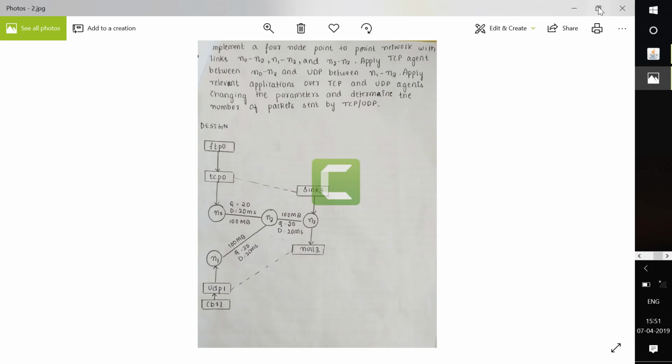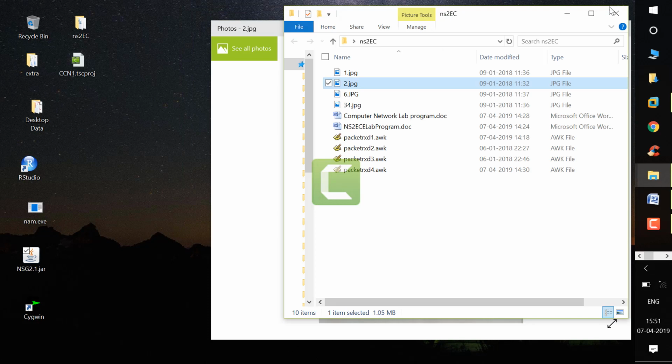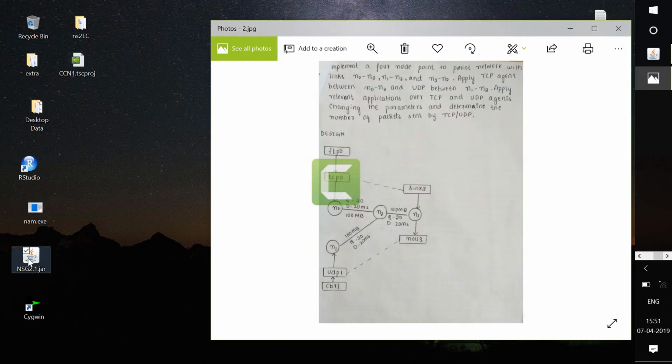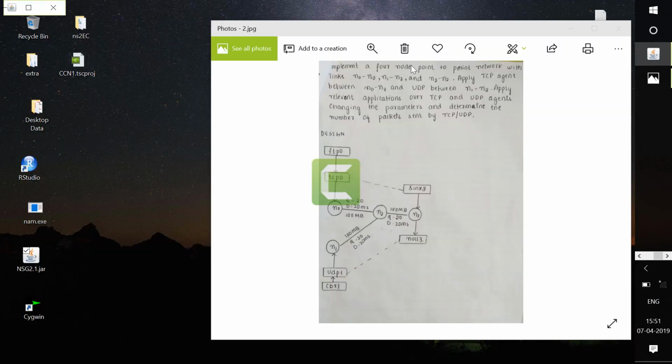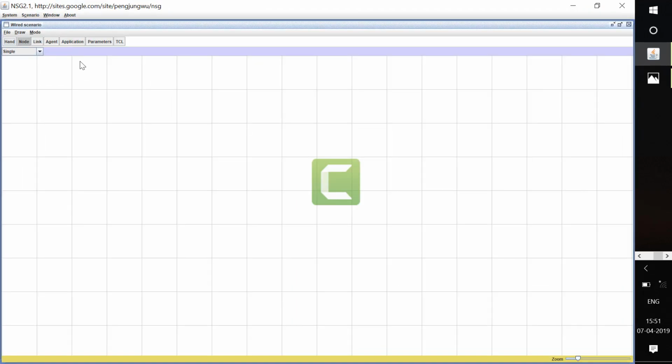So let's implement this network in NSG. Just double click on this, so it's already opened here. I will create a network the same as that: N0, N1, N2, N3. In order to create these nodes, you should be in the node option. Once you create the nodes, create the link connections.